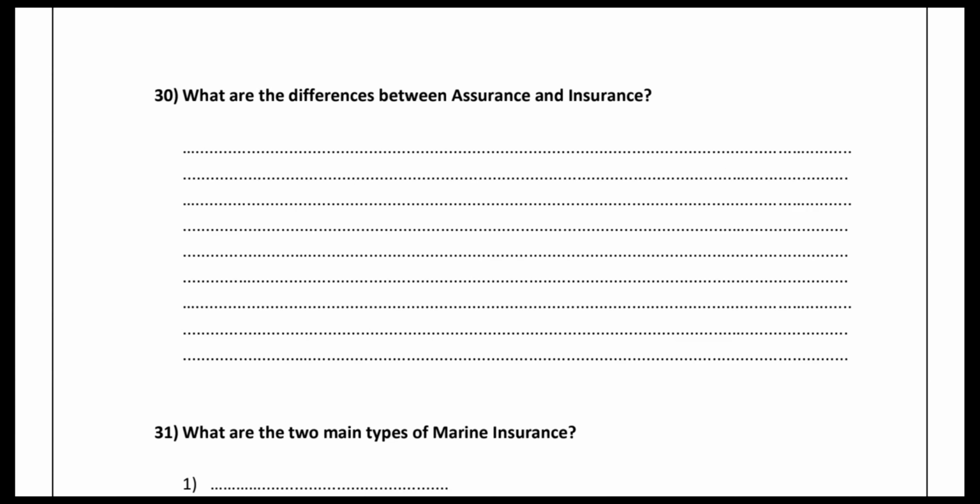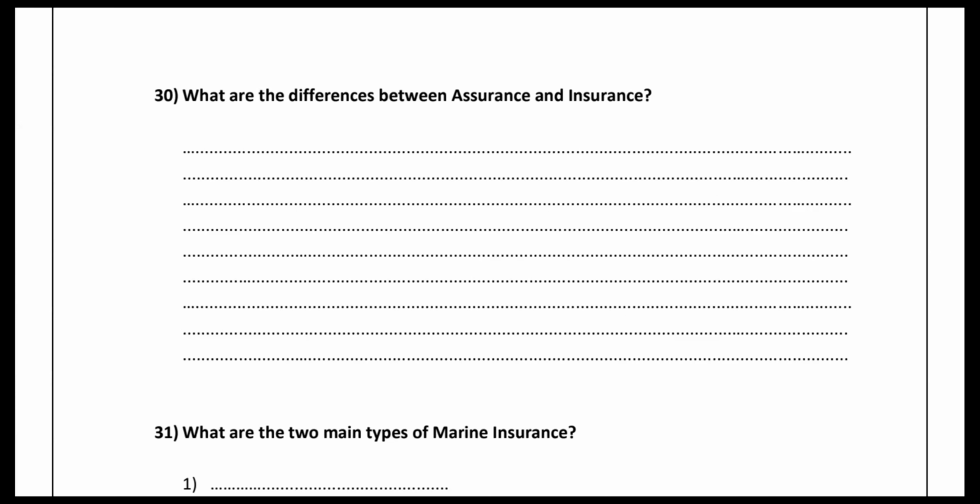Something similar to a pension, they give you even after you stop working. And insurance, it's not an investment. Even if you don't claim, they only give one option, which is no claim bonus. Other than that, they won't give you the money back. That's all. Next one is your assurance policy cannot be transferred. Can someone transfer their life assurance policy to someone else? No, so that cannot be transferred.